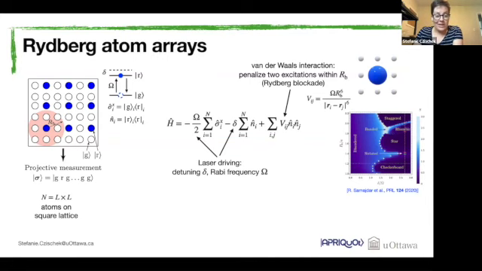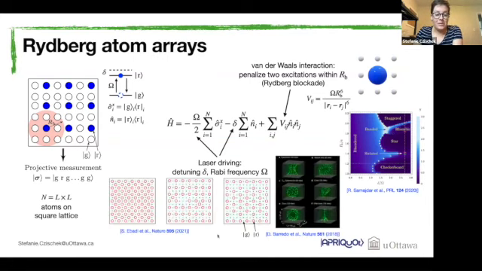Beyond the theoretical studies, these systems have also been studied experimentally. And this is also really impressive because experimentally, people are really able to accurately prepare these systems. They can accurately arrange these atoms on different kinds of lattices in 2D, also in 3D. And just by tuning the parameters of the Hamiltonian, they can actually prepare the states in these different phases that were predicted theoretically. And so this very well-controlled behavior of these Rydberg atom arrays makes them very promising candidates for high-quality quantum computation and also quantum simulation.